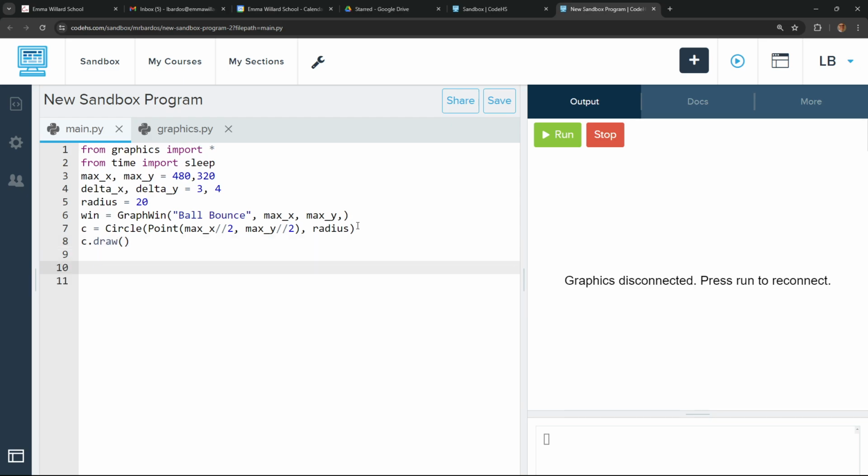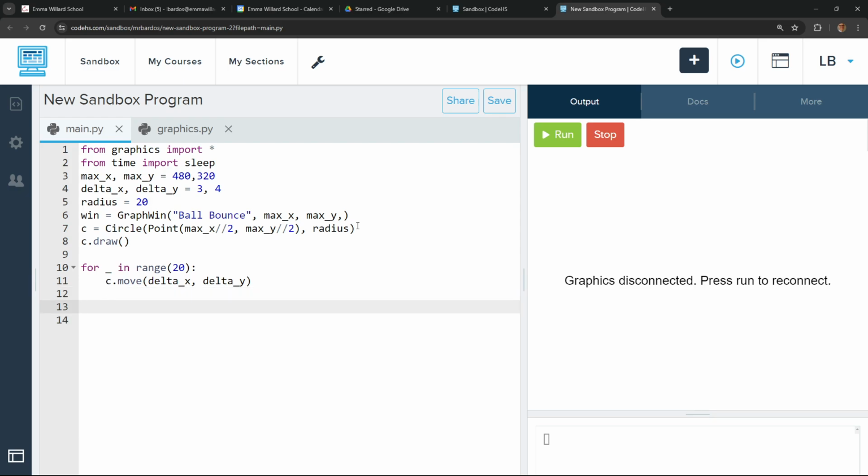and let's make a little loop, and let's just start with the for loop to begin with. We're just going to go for blank variable in range. Let's just loop 10 times. Let's make it a little more. Okay, and what we're going to do then is every time we're in the loop, we're going to move the circle. So the circle move, and we're going to move it by delta x and delta y. Okay, and then when we're done,